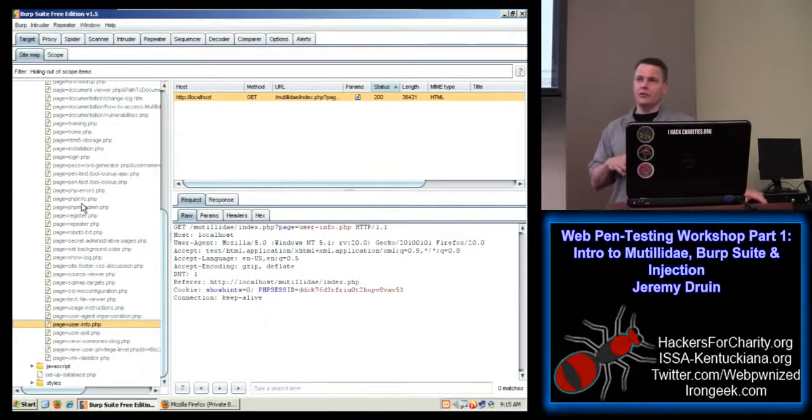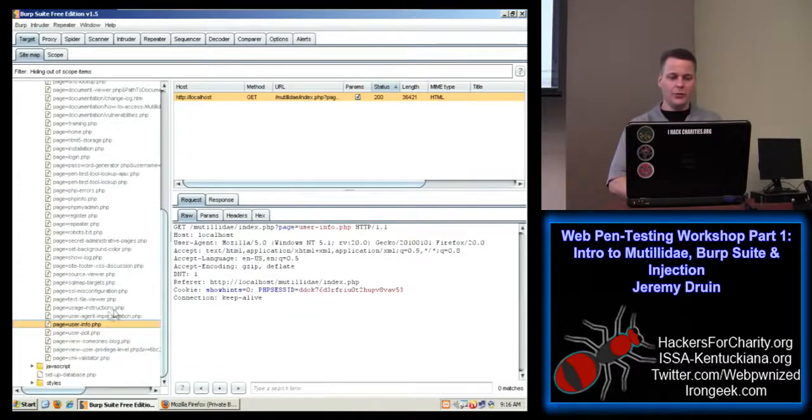But Burp somehow knows about these pages that we've never even visited. So what's it doing in the background to be able to list these pages out? It's not spidering actually, it's doing it passively. It's just looking at the code. It's looking for any kind of anchor tags, any hrefs, anything like that, that it can be pretty confident is going to link out to another page. So it is possible it may list something here that doesn't even actually exist, because it is passive.